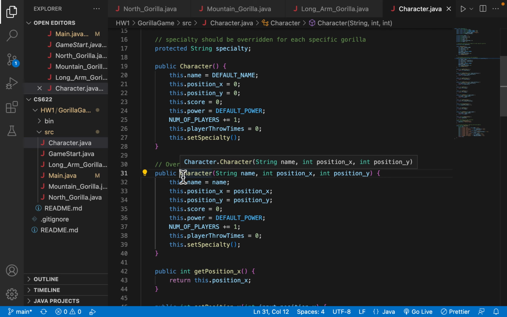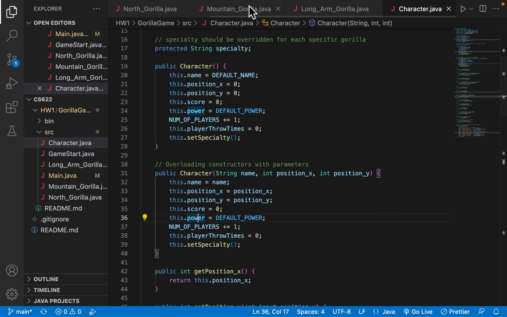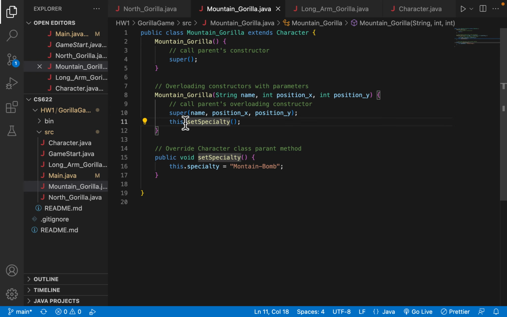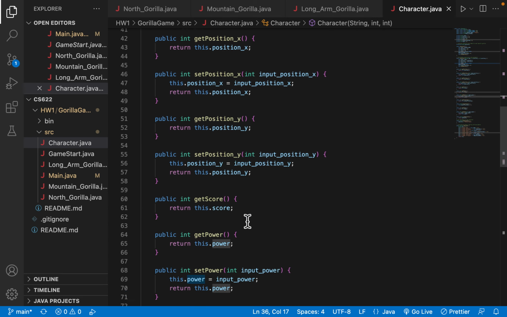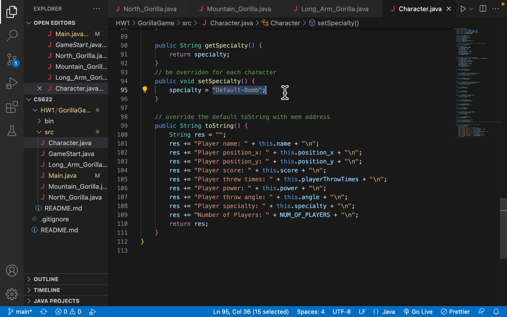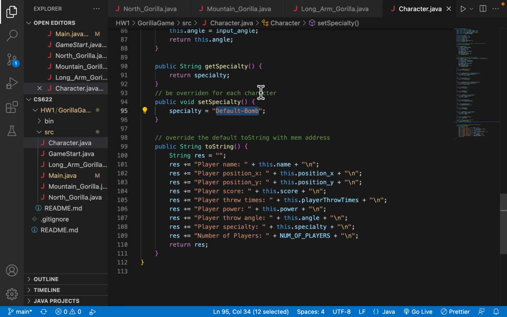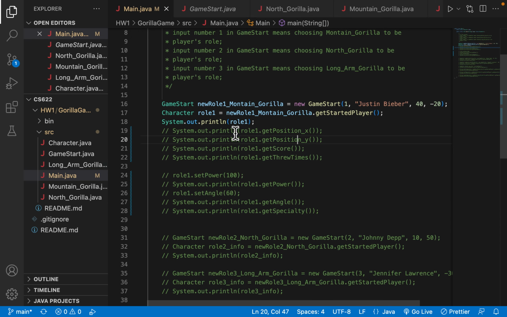So it will call the parent's constructor, and after all, it will run its own constructor, and then override the default specialty of a general default bump that I created for every general character class. And then after all,